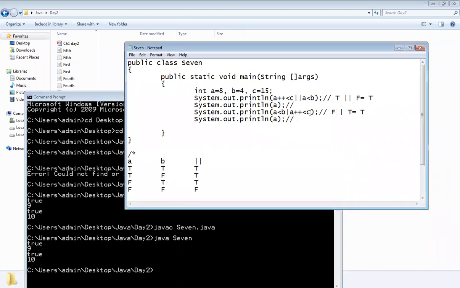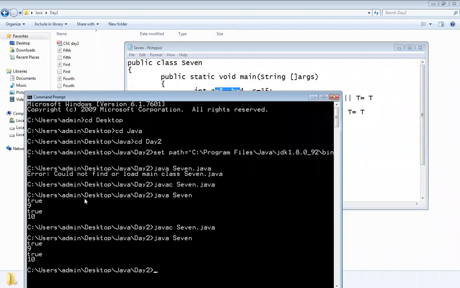Now see, I will make a slight change over here. I will keep this case as it is, but I will make it A is greater than B. Now it is by default true. Its first value is by default true, so it doesn't move towards the second one. Okay, check. Now I will once again compile it